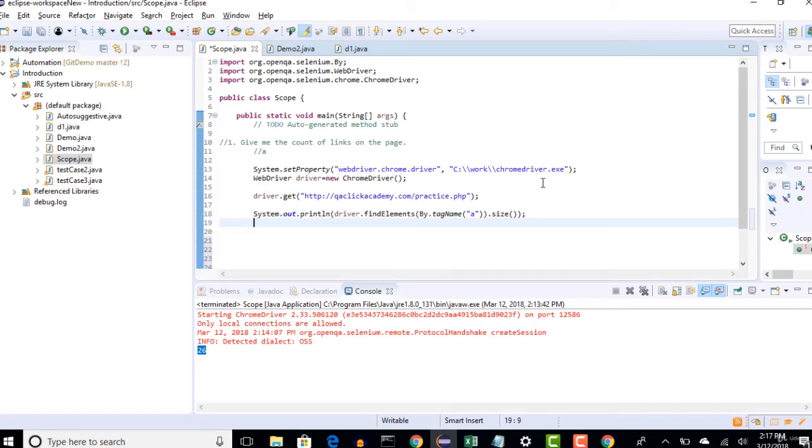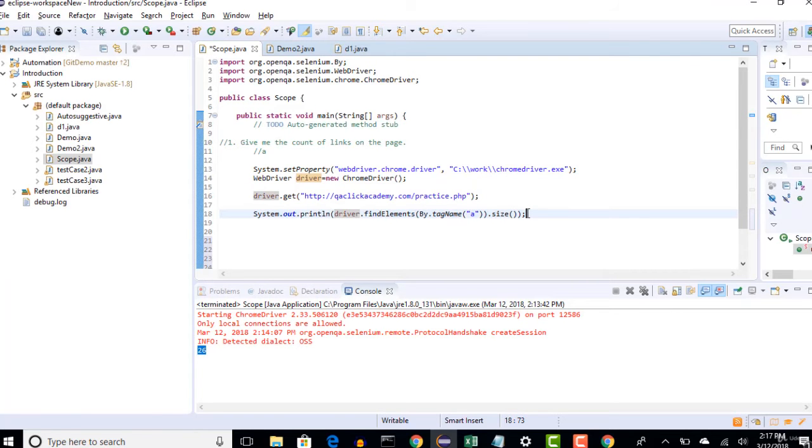When I say limit WebDriver scope, currently the scope of this driver object is the entire page. So we said go and get this link, right? Whatever components are loaded in this page, the driver has access to each and every object.